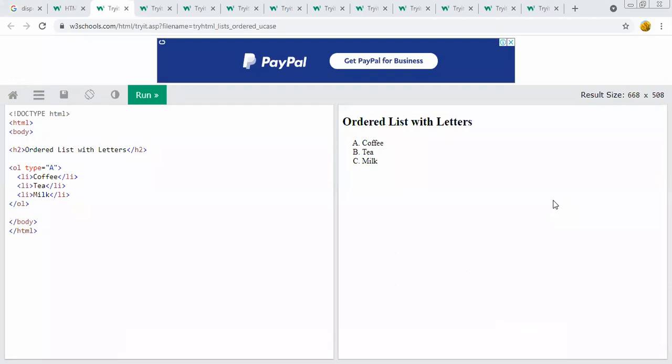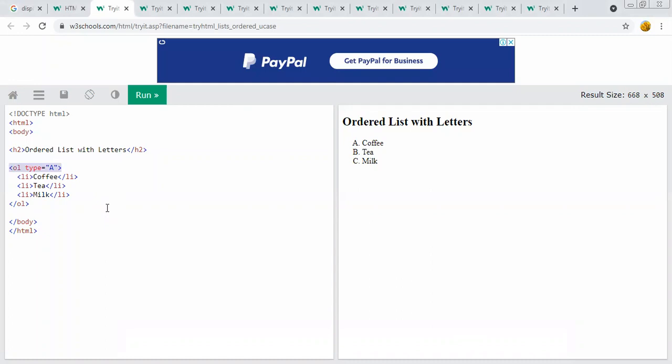Okay. The next is, whenever we display the ordered list, we have to represent particular symbols. For example, in the ordered list we can give 1, meaning we assign 1, 2, 3, 4 to that list. If you want to assign small letters as the list label, we can use the type attribute.